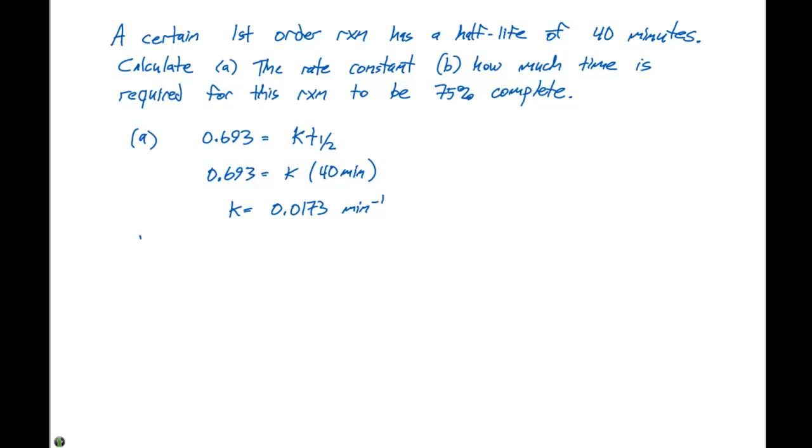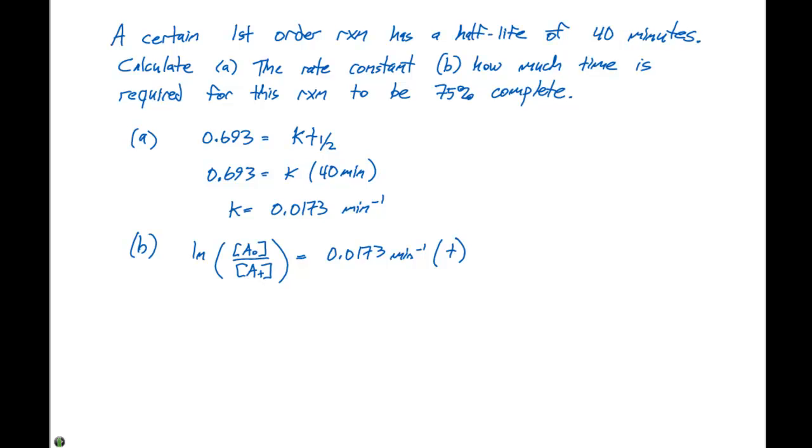Okay, so then for part B, we can use this value that we calculated here, which is how much time is required for this reaction to be 75% complete. In this case, we're not at the half-life, we're at 75% completion, so we need to use our integrated first-order rate law, which is the ln of the concentration of A naught divided by the concentration of A at any time t. That's going to equal k, which we just determined to be 0.0173 minutes to the -1 power